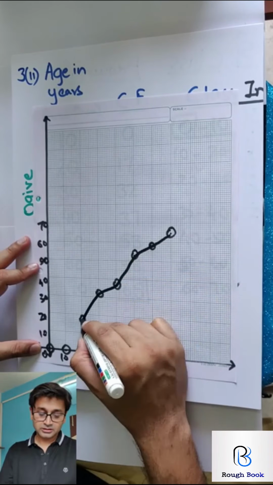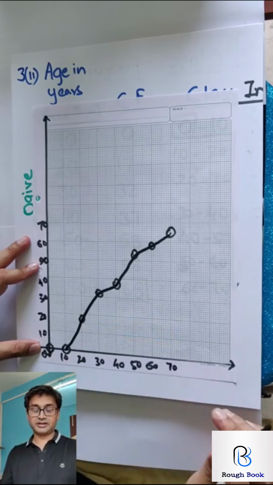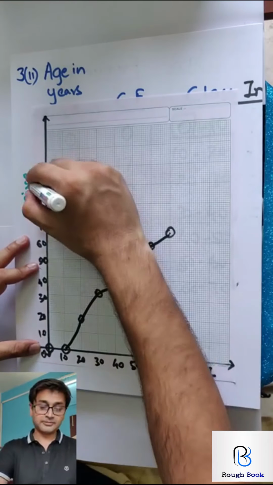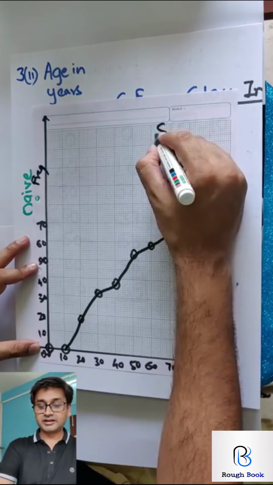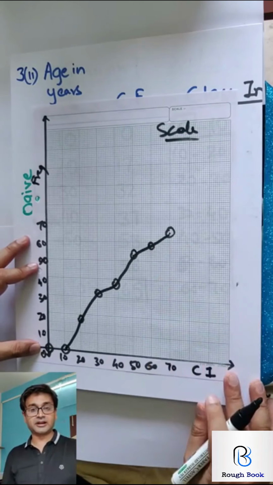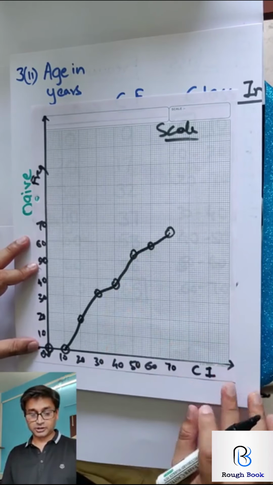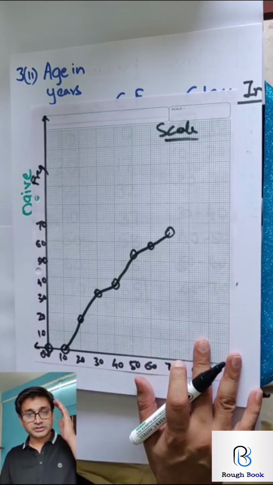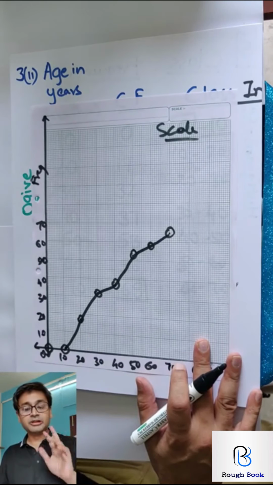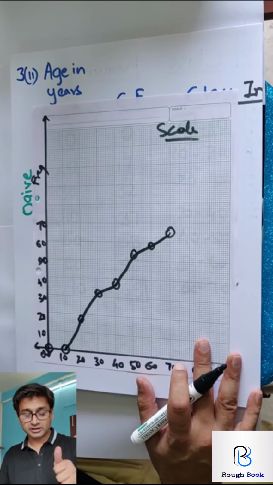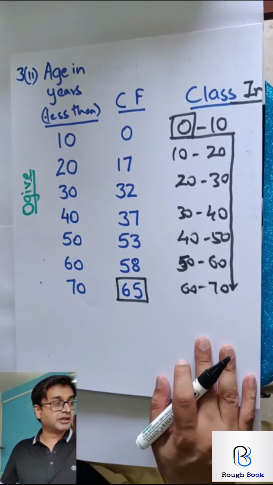Free hand and with a very nice handwriting. Is that clear? Got it everybody? So class interval again, frequency. Please write the scale. I'm not writing the scale right now, I'm trying to save my time, so please write that scale on your own. Is the cumulative frequency curve now very clear in your head? Will you be able to construct histogram and cumulative frequency curve 100%? Lovely. Let's go ahead with the next question.